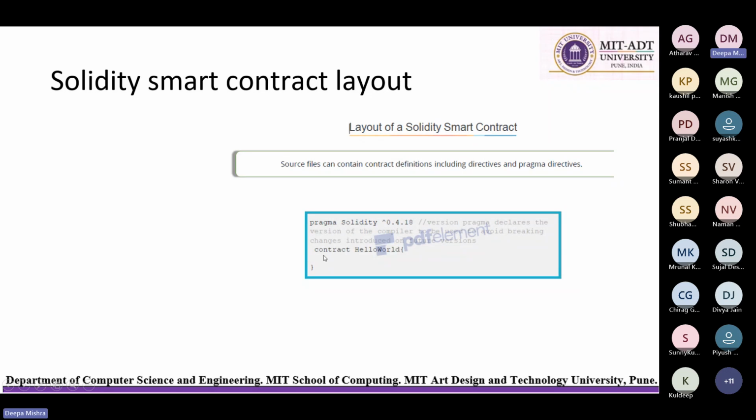Then you are going to start with the keyword contract and then you give a contract name. So you would just observe that it is very